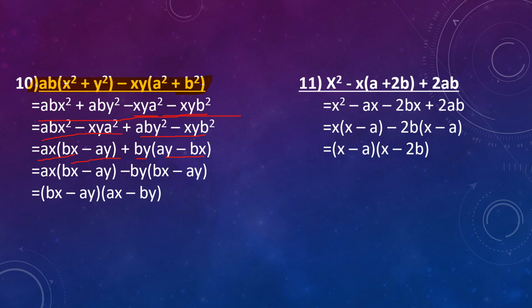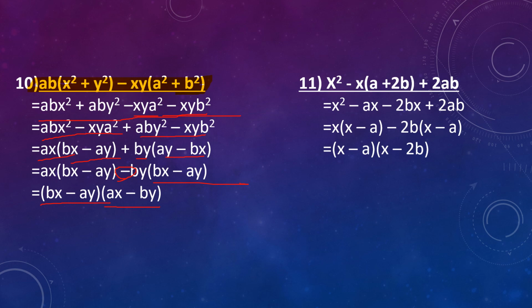Children, see, the terms are the same, the sign is the same, the only difference is in the placing of the terms. You know how to interchange the places. Take minus common, it will come out, and change this plus sign into minus, and the terms within the bracket will interchange their places as bx minus ay. Now overall common, you can see bx minus ay, take it common. The leftover is ax minus by.